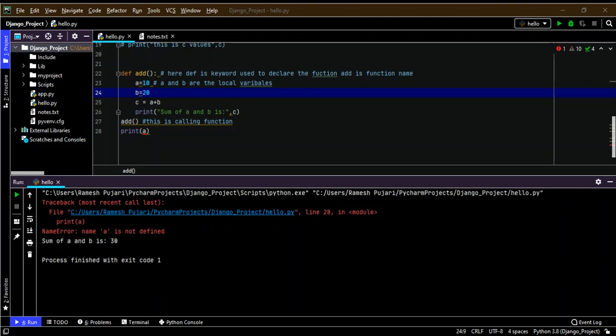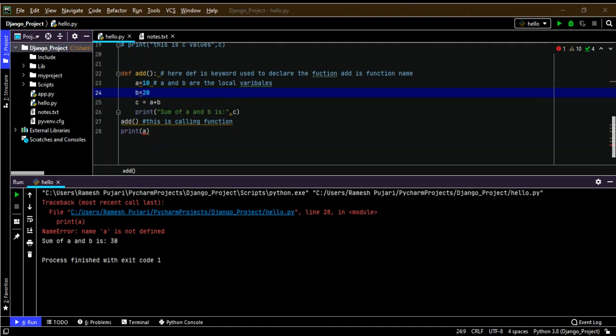If declared inside the function, they are local variables. Python provides the global keyword to use global variables inside the functions. If we don't use the global keyword, then that function treats it as a local variable only.